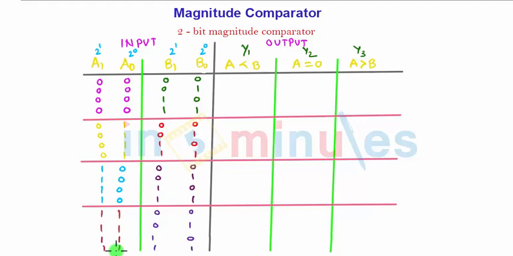In the first group of 4, A0 is compared with B0, B1, B2 and B3. So A0 is equal to B0, so this will be A equal to B. For the first case, the output will be present at A equal to B, and the rest of the outputs will be 0. For the next 3 combinations, where A is 0 and B is increasing from 1, 2 and 3, definitely B is the larger number in all 3 cases. So the output will be present here 1 1 1, and the other outputs, Y2 and Y3, will be 0.